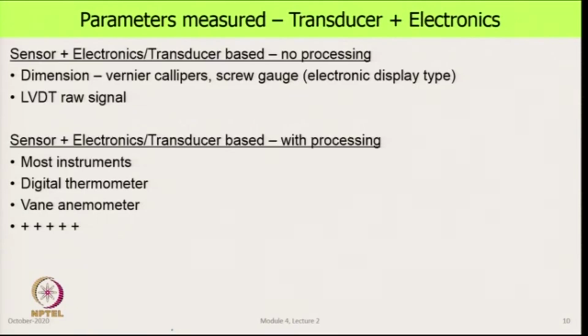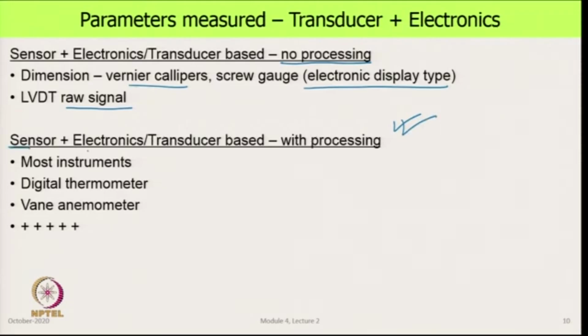Then we have some devices where there is electronics and transducer, but not much by way of processing. So there is no signal processing happening here, and an example of that is the dimension indicated by an electronic type of vernier calipers, or the raw signal coming out of an LVDT. And then the fourth category, which is the most prevalent category, everything is pretty much like this these days, is